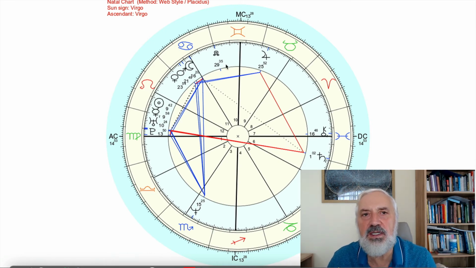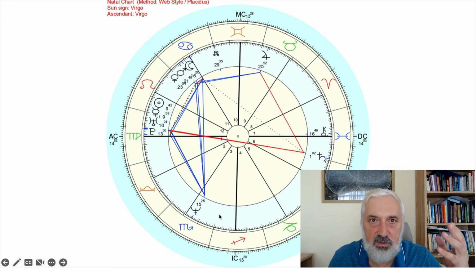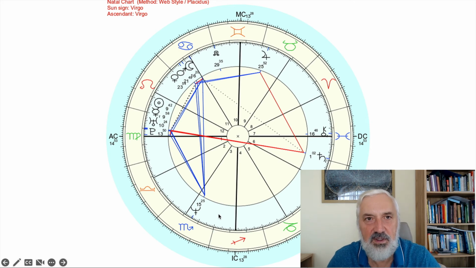So I understand that some of you might not know the symbols of planets. So what I suggest, you will have these slides, you will be able to download them using the link under this video in the description. And I want you to find out. I don't want to give you a list of symbols of planets, because we've got the internet these days, and I want you to be a little bit proactive, and I want you to learn the symbols of planets used in this chart. Otherwise, you know, it's very similar to that picture of landscape with coordinates.